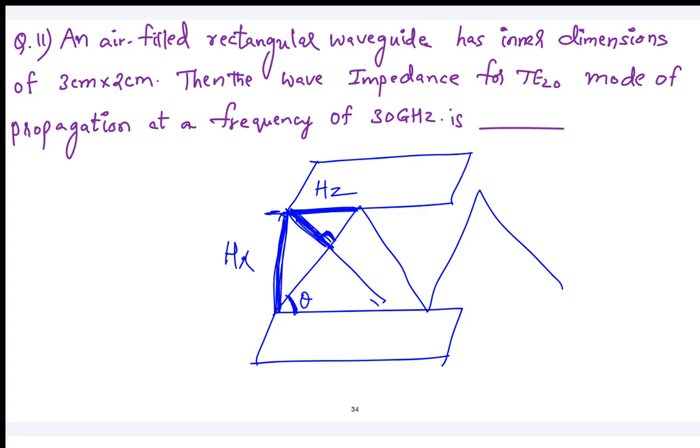So this is going to be your 90, correct? And this is going to be 90 minus theta I. This is going to be theta I. Okay, you are going to get cos theta I is equal to